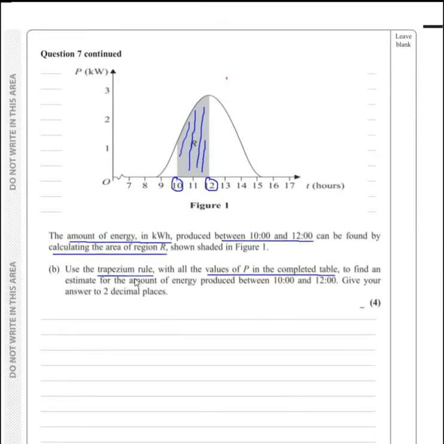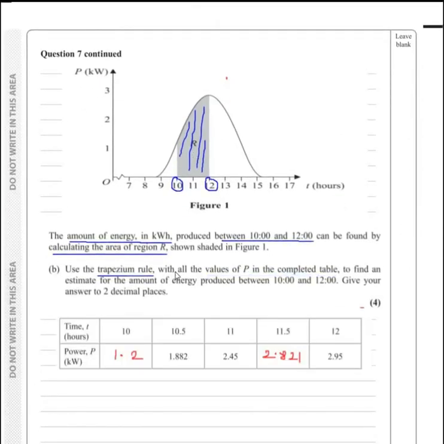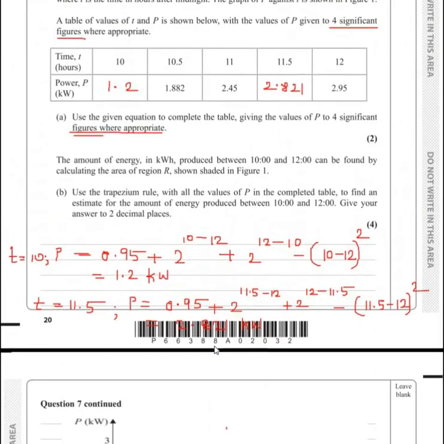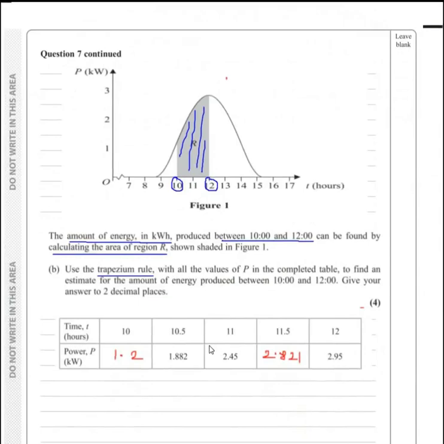So taking it down, we have got the table over here. It's the exact same one as we have got above with the values of time and power P. So here at time equal to 10, we have got the power as 1.2. So here we have the y-axis power as 1.2. At 10.5,